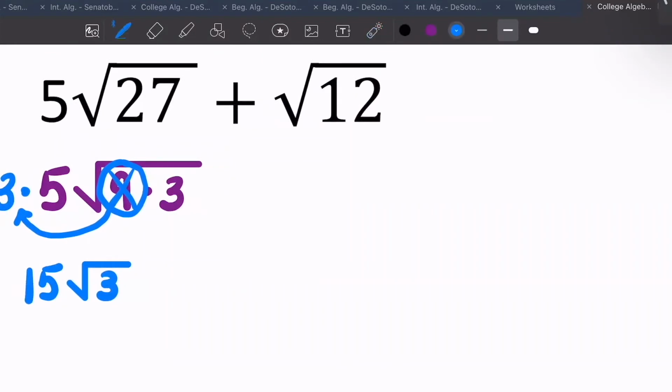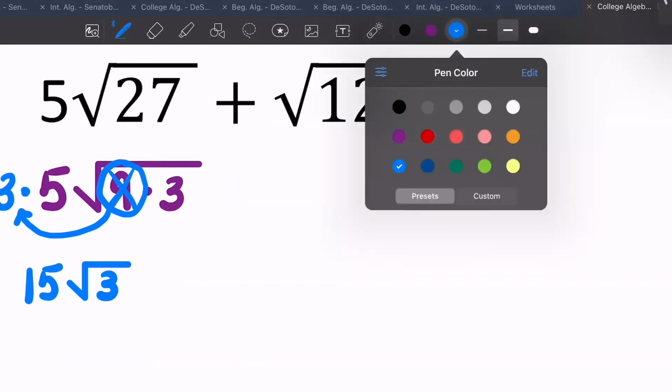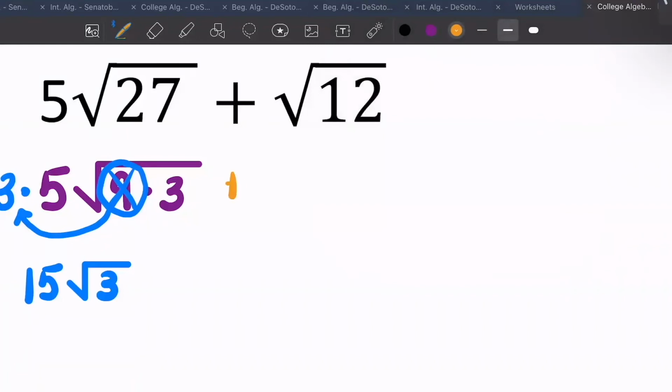Now you need to deal with the square root of 12. So change colors. What are the factors of 12 that will help me out? We already worked one with the square root of 12, and we said, okay, 6 and 2 don't help us. All right, you have 1, 4, 9, 16, 25. 6 is not in there. 6 is not going to give you anything you want, but 4 will. 4 times 3. And you say, okay,